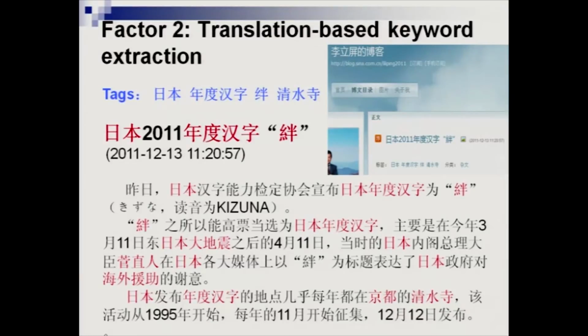For example, he assigned Japan, year 21, and Kiyomizu temple to this article. So if we collect as many articles with tags as possible,